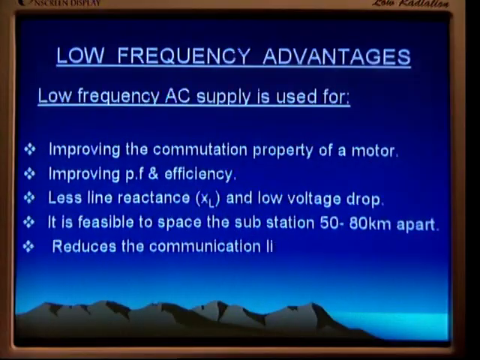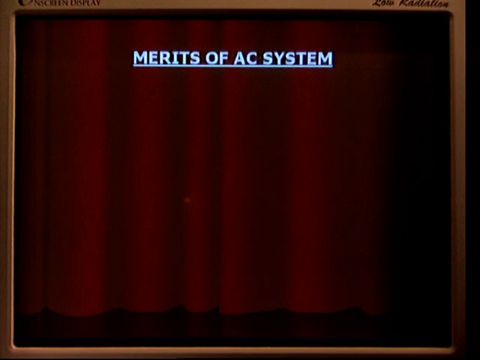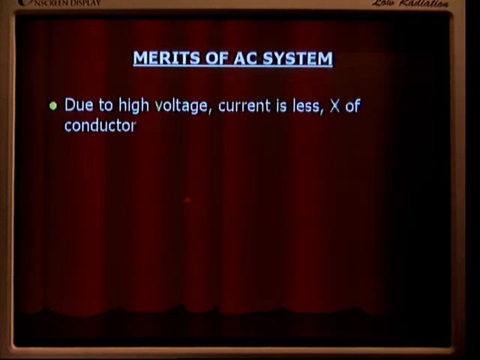And the fifth one, reduces communication line interference. Due to the low frequency, the interference with communication lines reduces. And coming to the next, the merits of the AC system. You can see, due to high voltage, the current